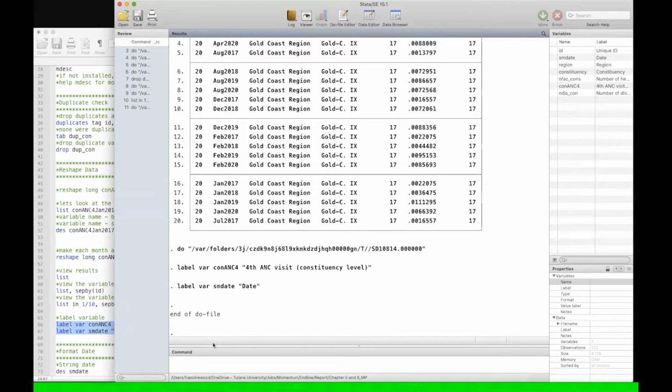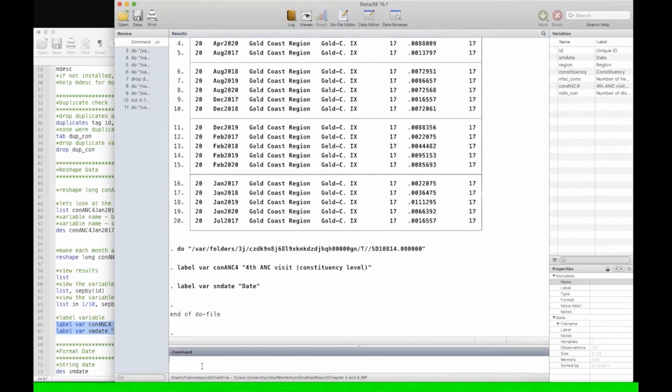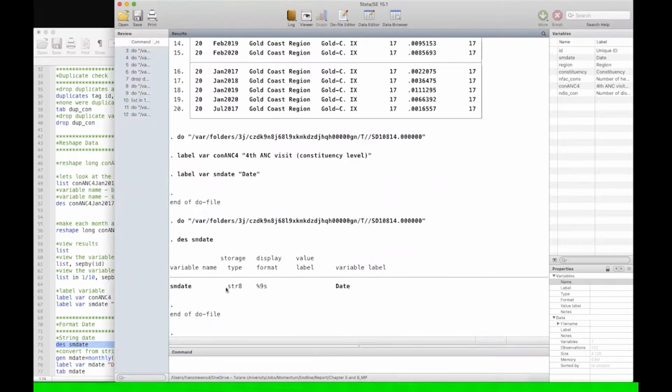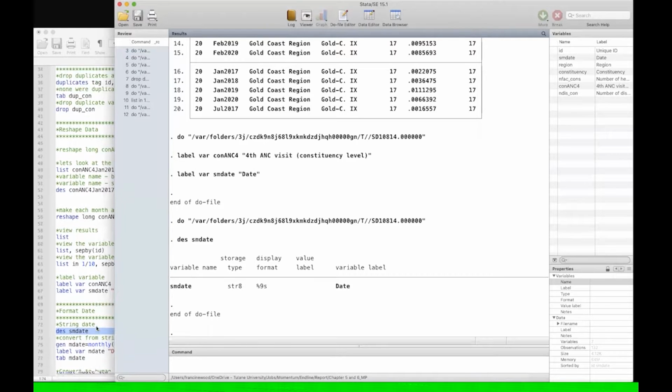Currently, our date variable created in the reshape is a string variable. So SM date is a string variable, and we can tell this by using the describe command and including the variable name SM date. As we can see, our storage type is string, and this isn't recognizable by Stata as a date, so we'll need to change the format for it to be recognized. Going back to our do file,